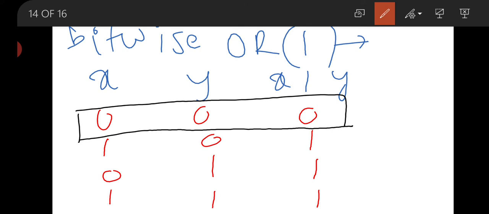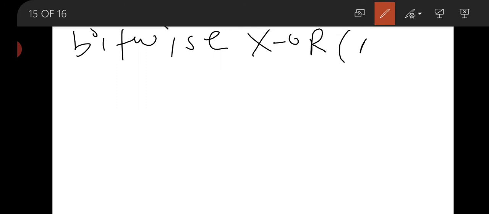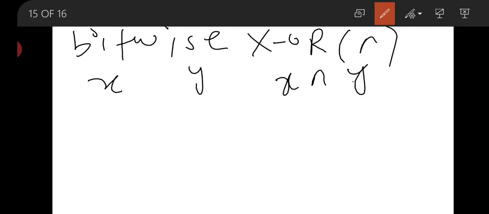Now our next one is bitwise XOR, exclusive OR. This is written like this. Now if we have x, y and x exclusive OR y, now put the operation. If x is 0, y is 0, then the result will be 0.